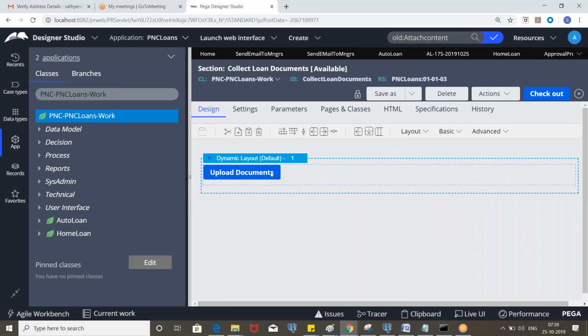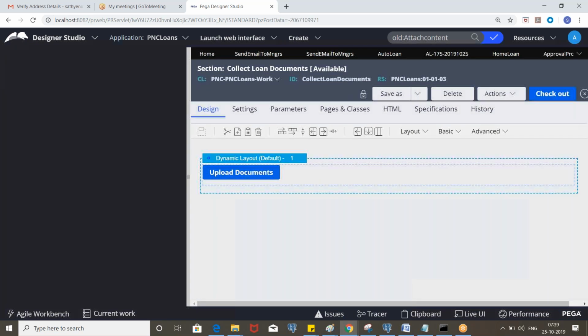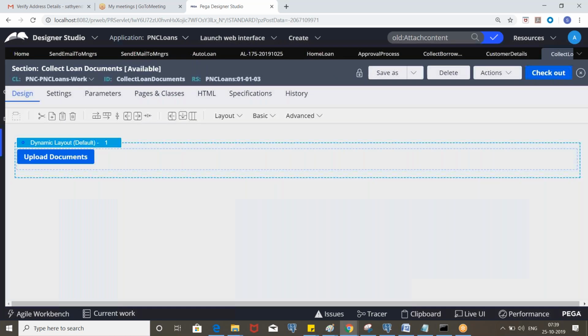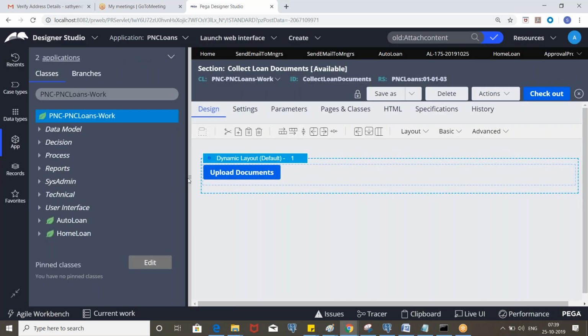So now, let's create a flow action and invoke this section. We can put some other fields also, but currently we just specified the control.